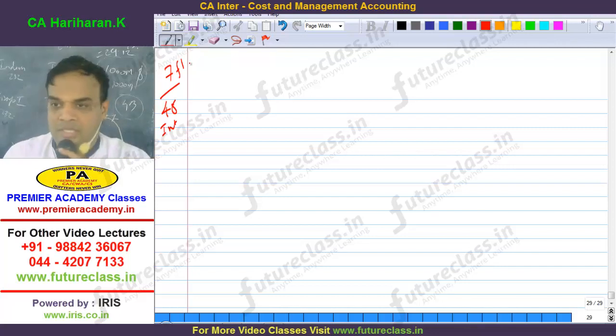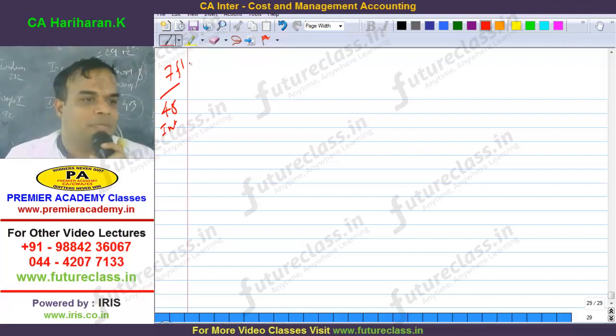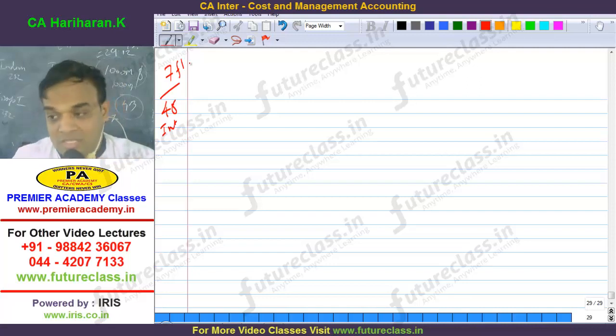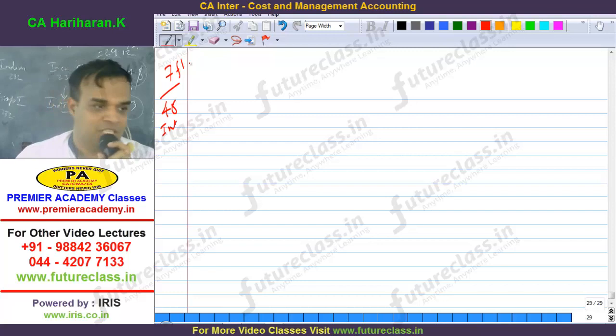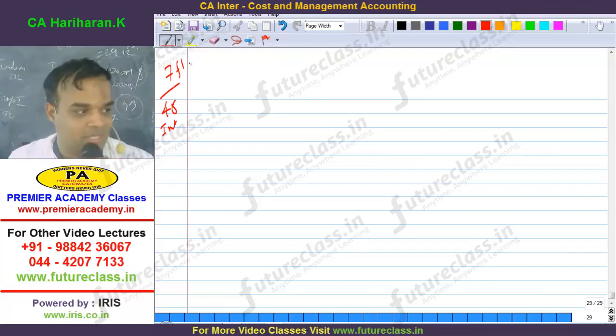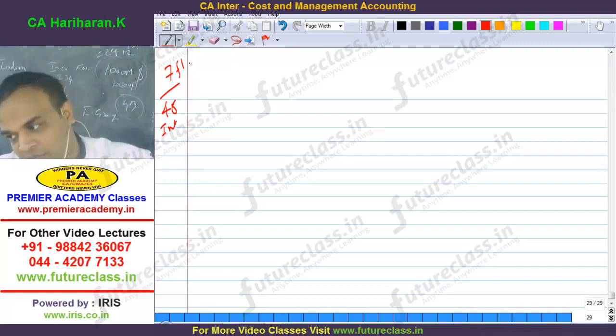Now, what type of problem is this? It's a combination of what plus what? Budgetary control with material cost. Unfortunately, it's a final exam problem. Three or four attempts back, that question also came in the final examination. There is a very good chance it will come again, since it is an interesting problem for the IPC exam, but it also appeared in the final. Clear?